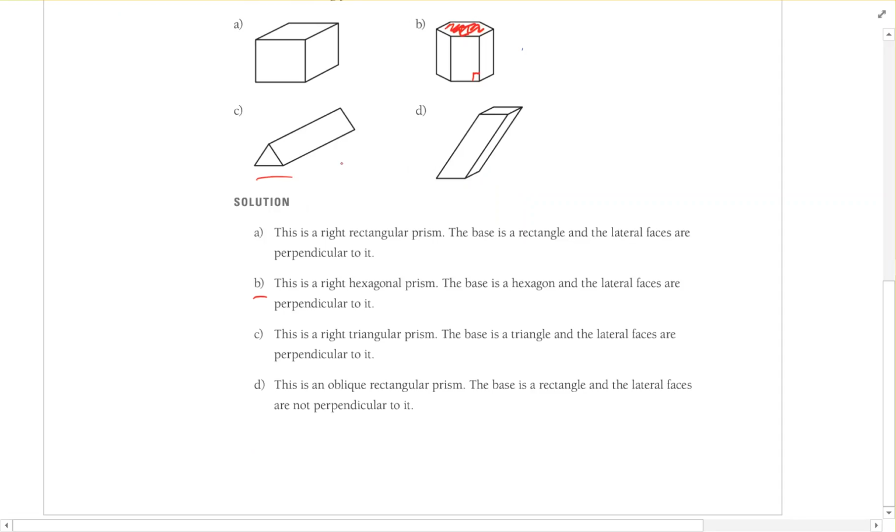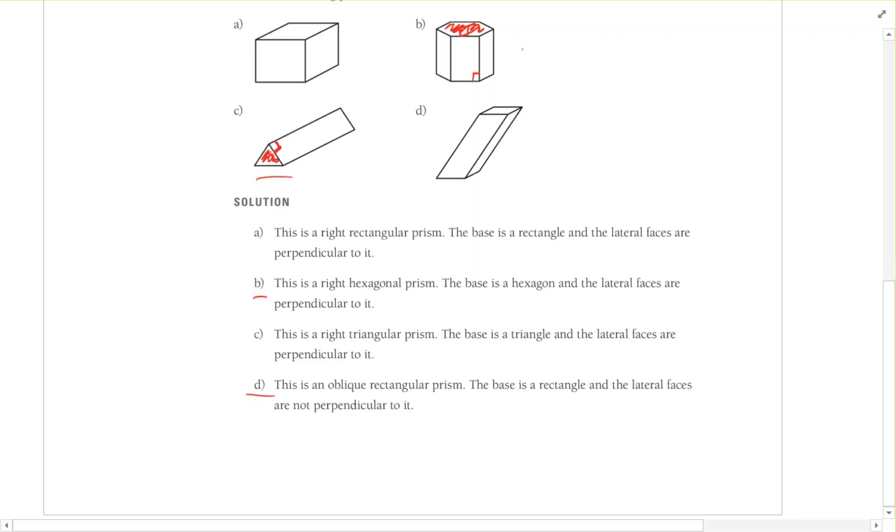C, this is a right triangular prism. So we have a triangle as the base, and then again, it's like we've just extended that triangle upward from there. So it's like a right angle. The face just goes away from that. And then